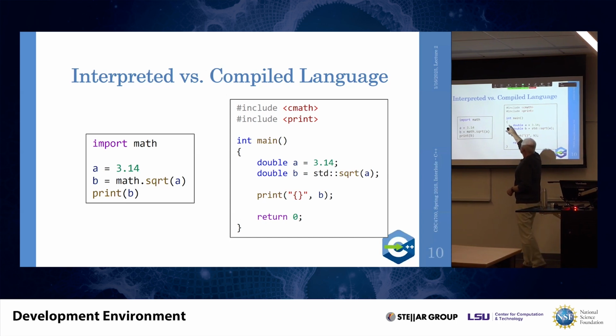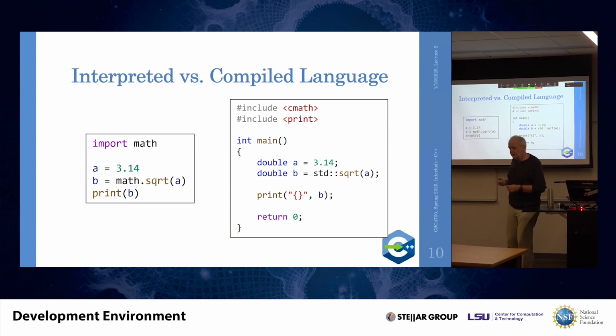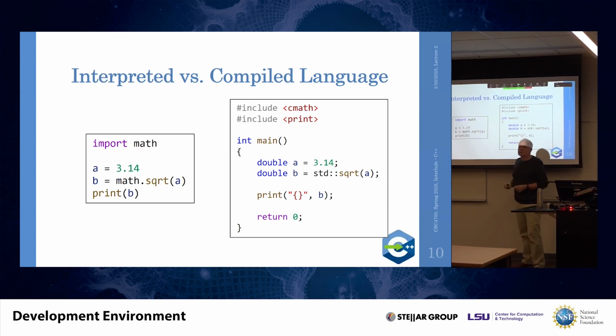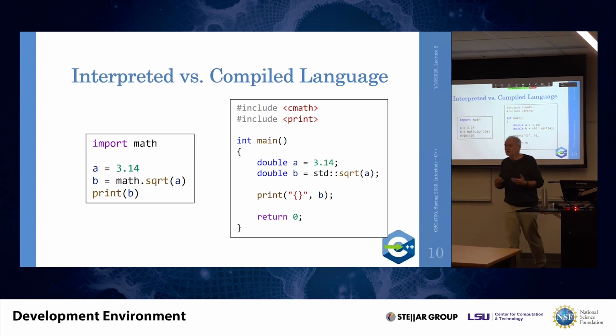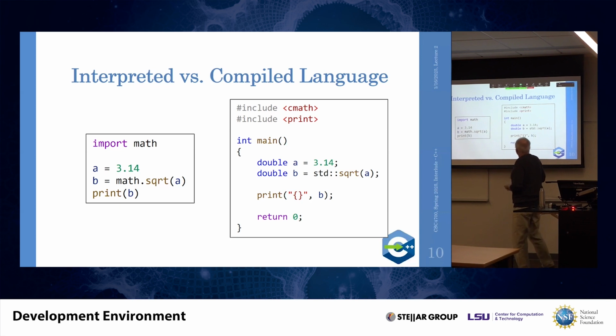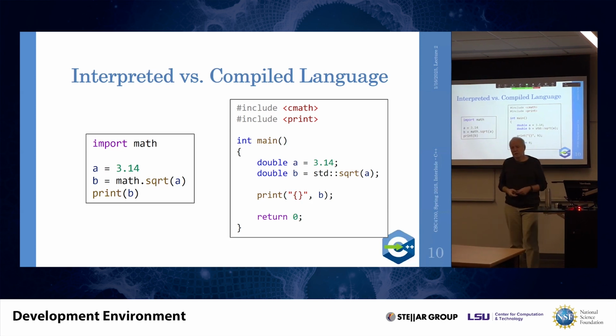And the function starts with a function definition, the name of the function, and the parameters. In this case, there are no parameters to main, and a return value. So we have to specify what type this function actually produces. In this case, it's an integer. Then the code is inside a pair of curly braces, which marks the body of the function.